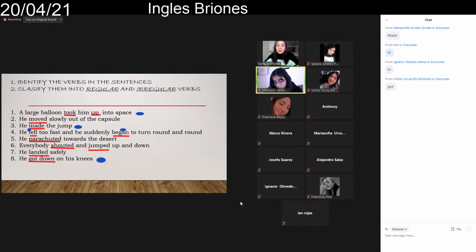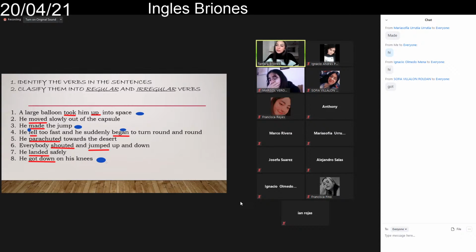Perfect. Now here's the thing with the regular verbs. Because irregulars, we know that they change the structure, right? And I uploaded the list of irregular verbs that you have to know in this English level. It's on the classroom website. So that list of verbs, you have to review it. I told you you have to review it before this class. You have to read all the verbs. You have to see if you know what they mean. You can look up how to say the verbs also in the past tense.